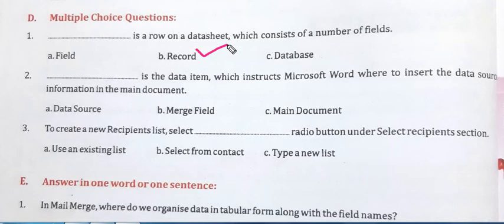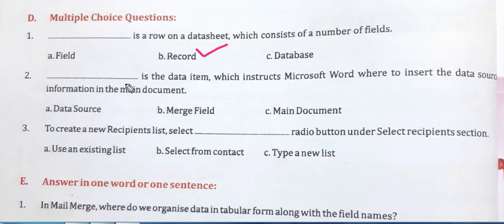So in a row of a data sheet, a number of fields are there. Suppose different fields are there: father name, mother name, date of birth. And in a particular row of any student, what will we find? In each and every row, there will be a different record of students or clients, right?